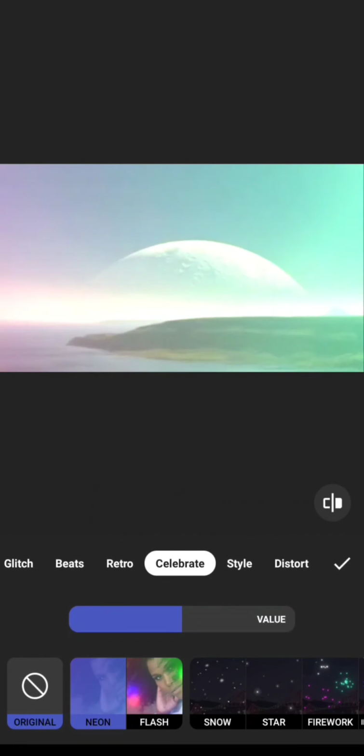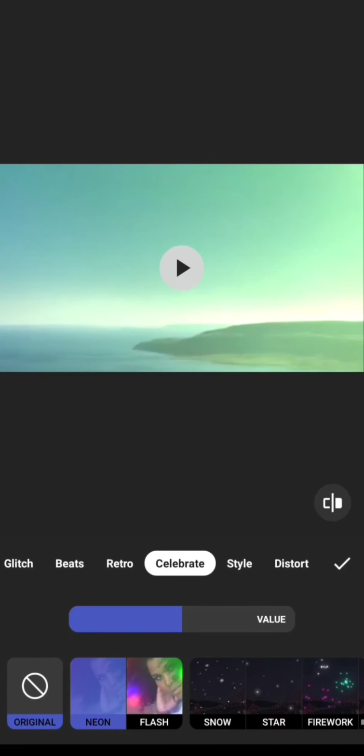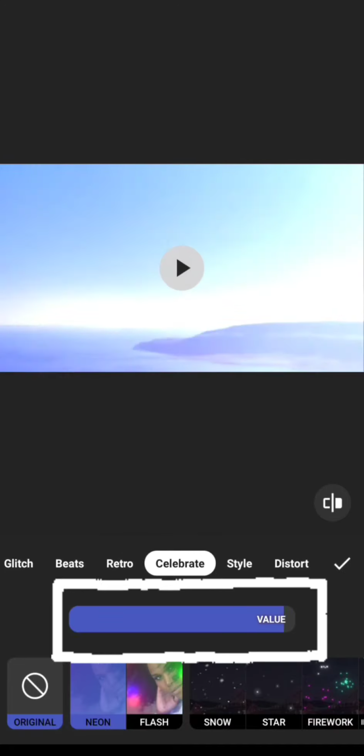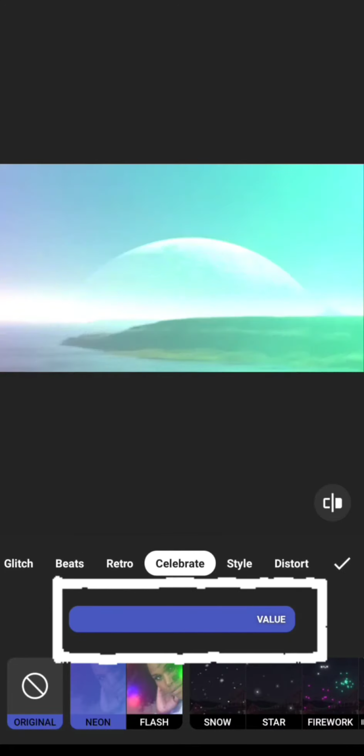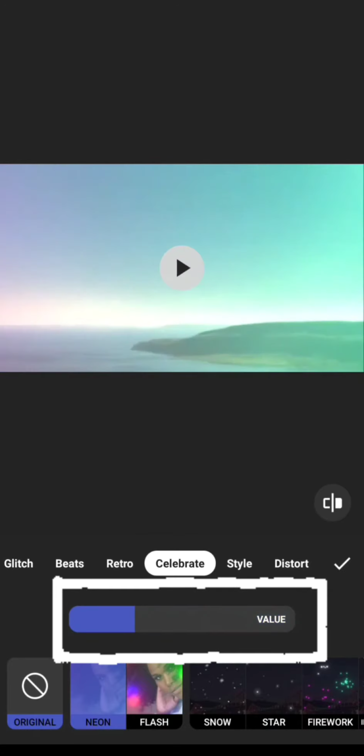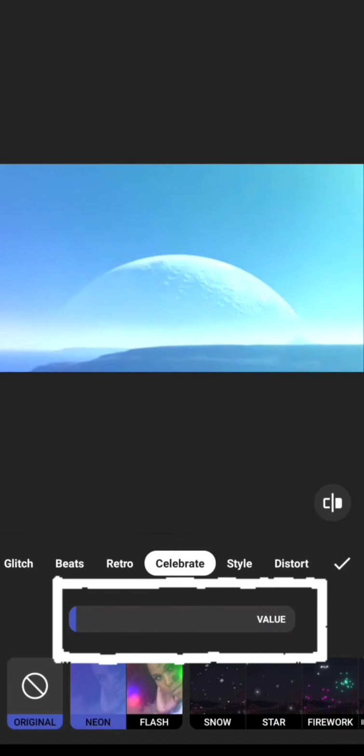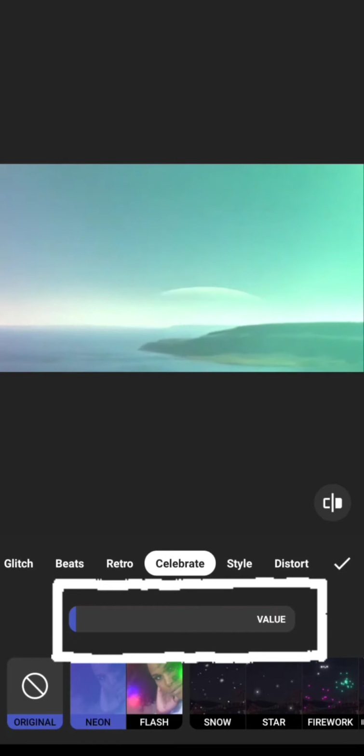Suppose I am going to celebrate, the first one, different colors are coming over there, color fades are there. If I want, I can use it. It is free only, no pro version. So a value is provided. If I want it fast, once playing, the color will be changing very fast. If I give very slow, the color motions will be changing very slowly. That value we can give.